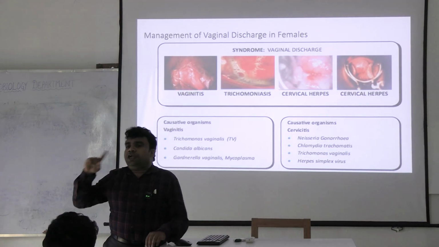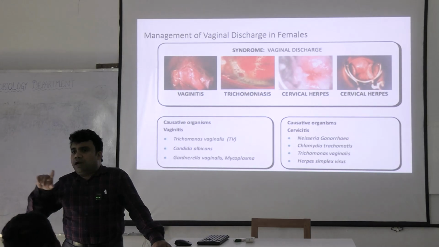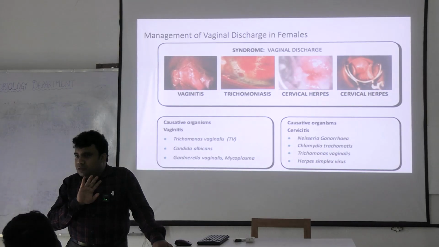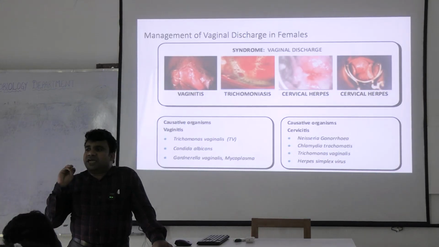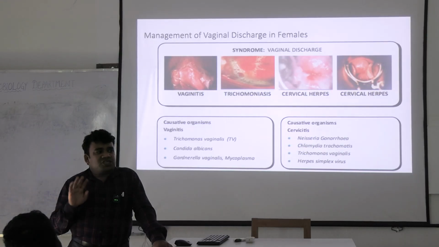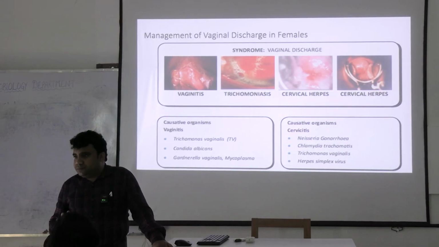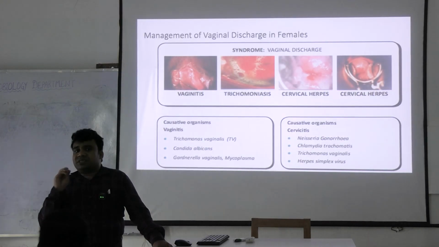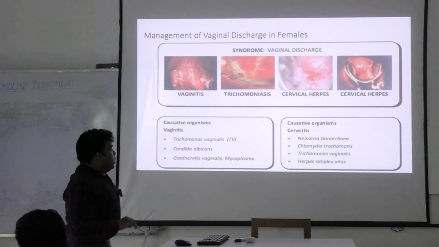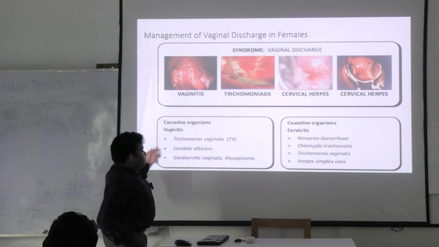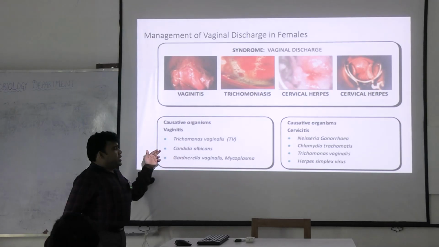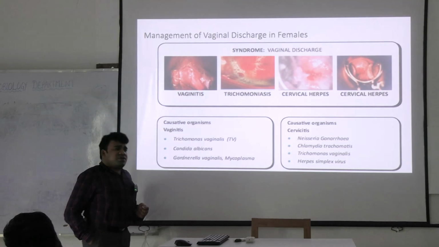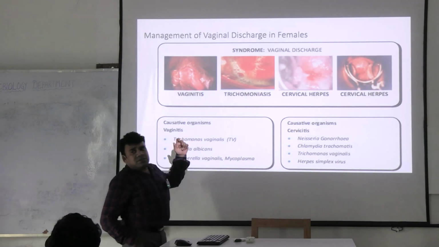Nosis means alteration of the local microbial flora. Understood? It is not invading. That means inflammation is not seen. That is called bacterial vaginosis. In vaginitis, there is inflammation. Now, commonly we see vaginitis caused by organisms like Gardnerella and Mycoplasma. Sometimes fungus like Candida can cause vaginitis and parasite trichomonas.